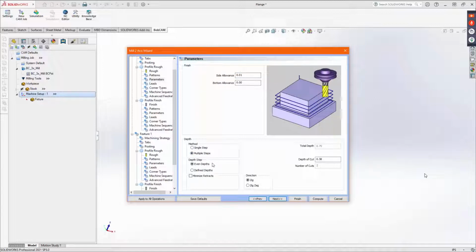Now if I turn on multiple steps, it's going to do even first, and it's just going to split up my total in half. Whatever value I enter in here, so if I enter 0.2, it's going to round that to the next even increment. If I do define depths, if I entered 200 thou, it's going to give me 200 thou per and then split the difference for the last pass. And then you have your, let's go back to even, let's set that to,